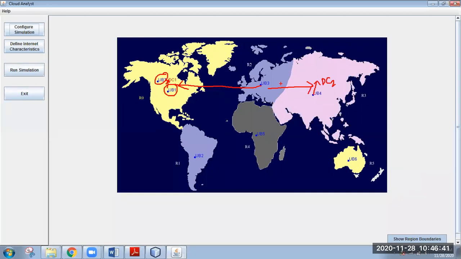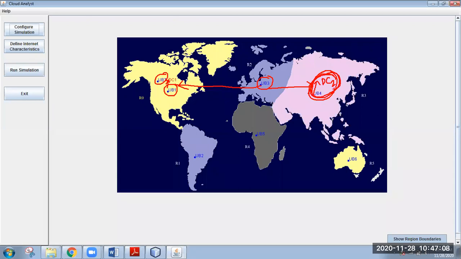On the other hand, the closest data center may not perform well also. For example, assume that for UB3, the closest data center is DC2. So you have assigned all the work to DC2. But DC2 is completely busy.